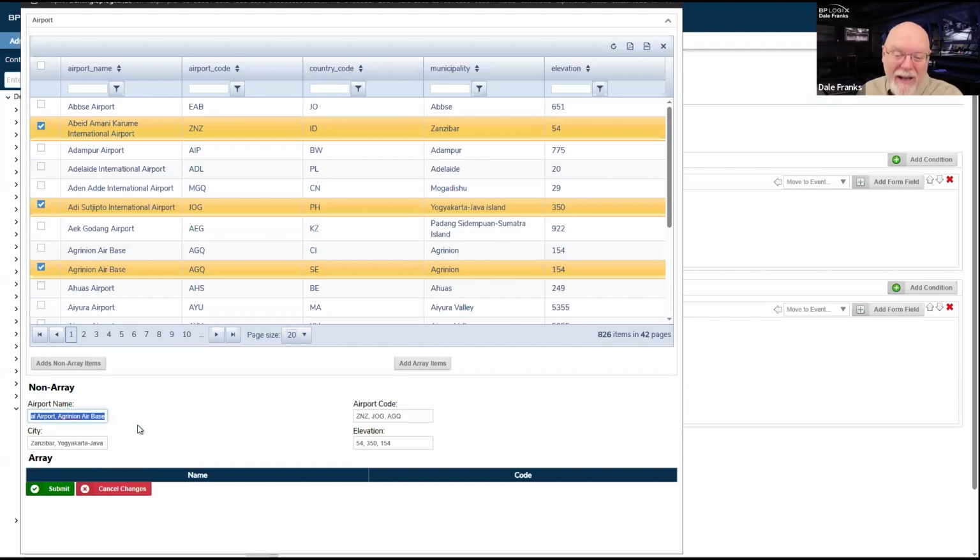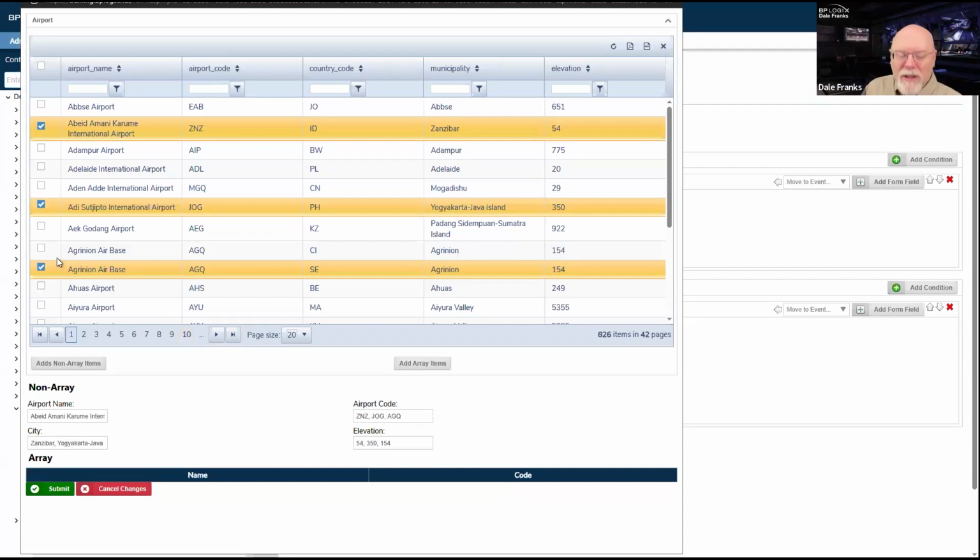So it is adding all of these. Well, it's a lot easier to see over here. Here's my airport code, ZNZ, JOG, and AGQ, and it comes out in a comma separated list. Certainly what I want, and it's certainly what I have selected, but it's jamming up this field with comma separated lists.